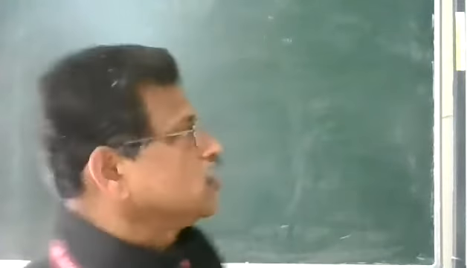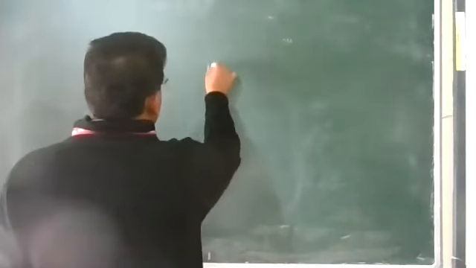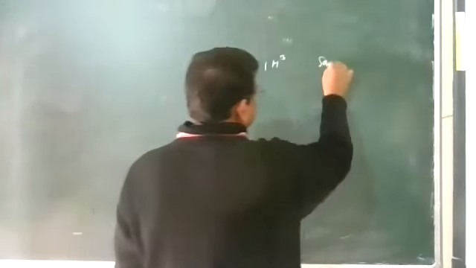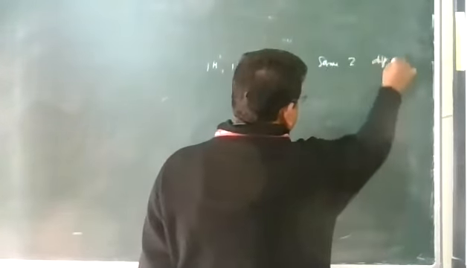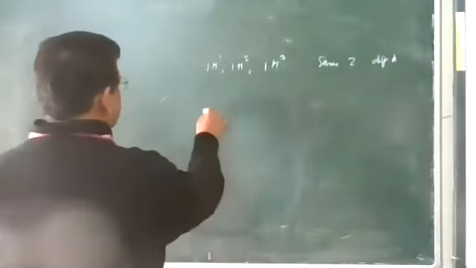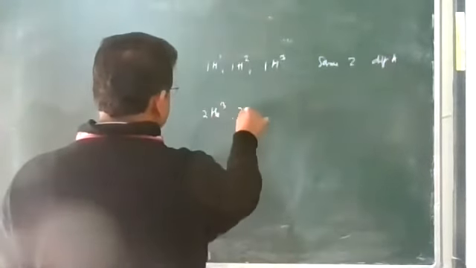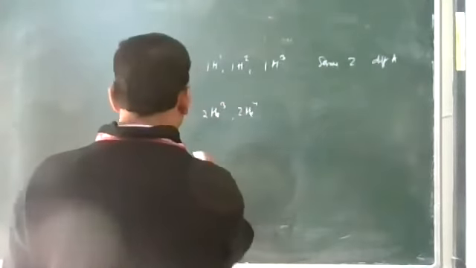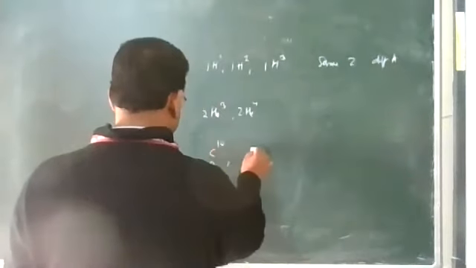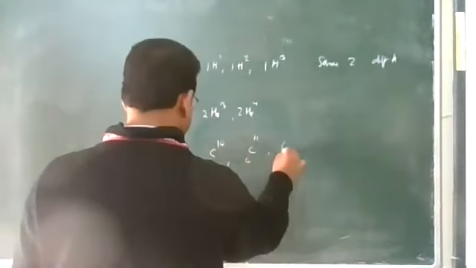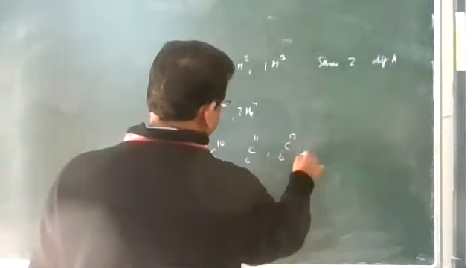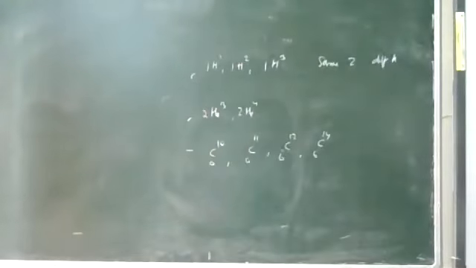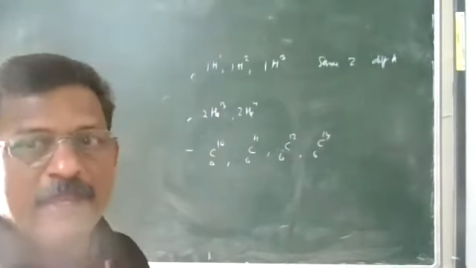So you are familiar with isotopes, same Z: 1H1, 1H2, 1H3, hydrogen, same Z, different mass number. Helium 2He3 is available, 2He4. Next one, carbon, 6C10, 6C11, 6C12, 6C14. There are so many examples. Isotopes have the same value of Z, different value of A.